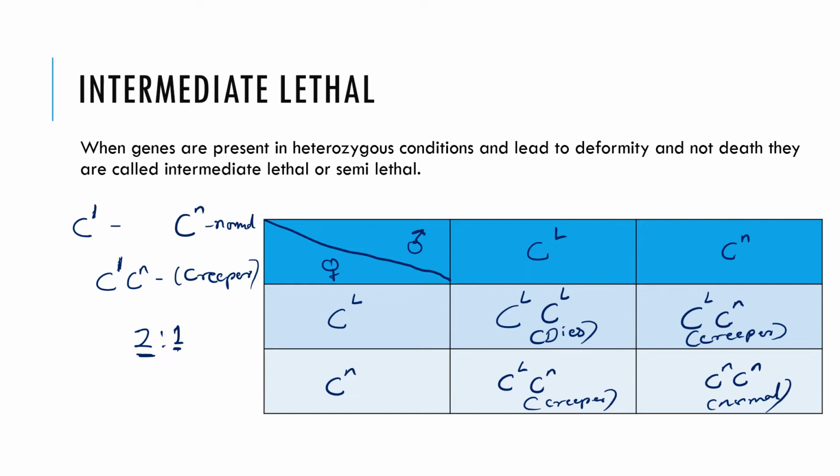Wherever there is a homozygous stage, the offspring does not survive. So remember this. This could be a very good MCQ. Wherever there is a homozygous state, either dominant or recessive, or even in case of intermediate lethal, the offspring does not survive. Okay, so this was about lethal alleles and lethal genes. Let's move ahead to the next concept,